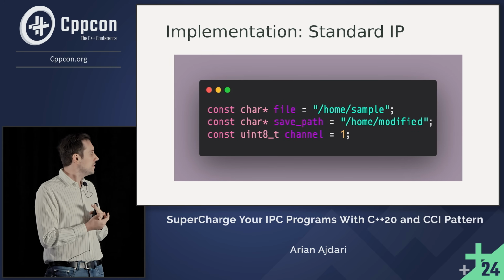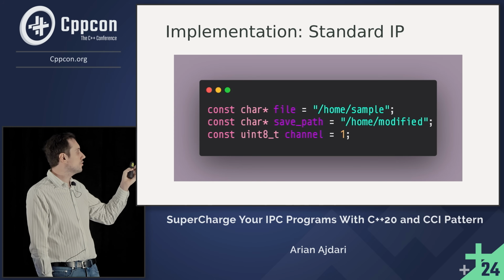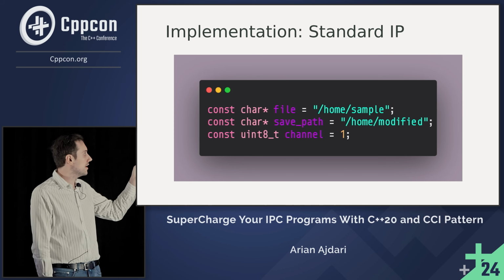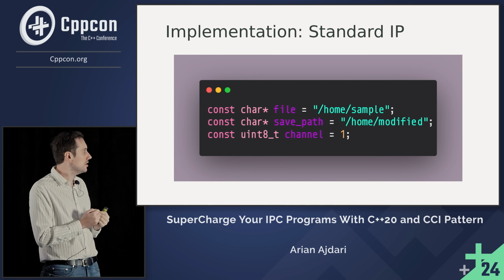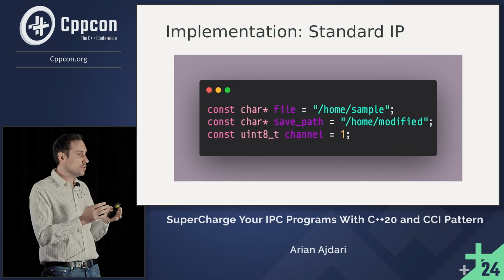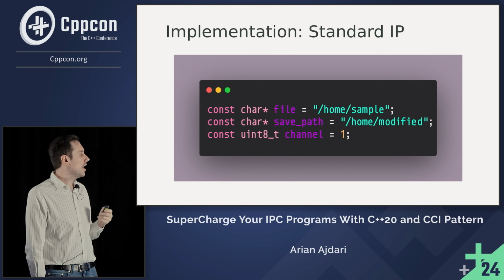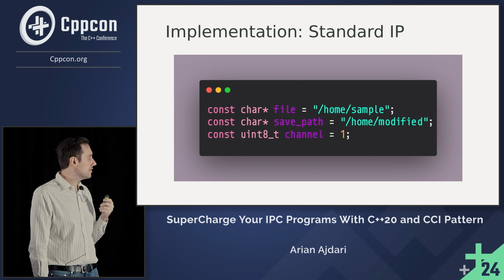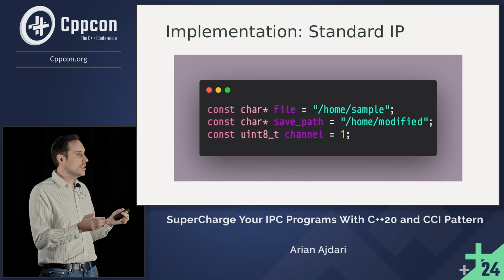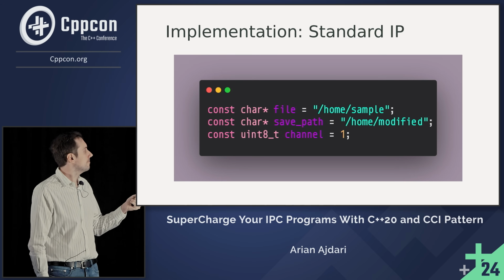Then for input parameters, we are going to use two static strings. The first one is just going to be the file path to the image on which we want to perform this operation. The second one is a path where we would like to save a new image with the extracted channel. And with the unsigned int8, we are just telling it that we want to extract a particular channel. In our case, number 1 represents the green channel.